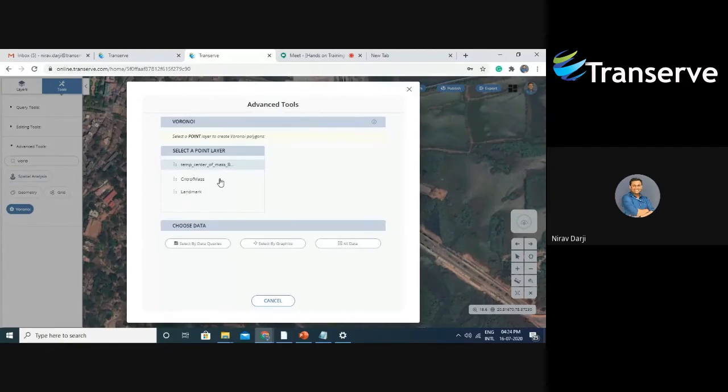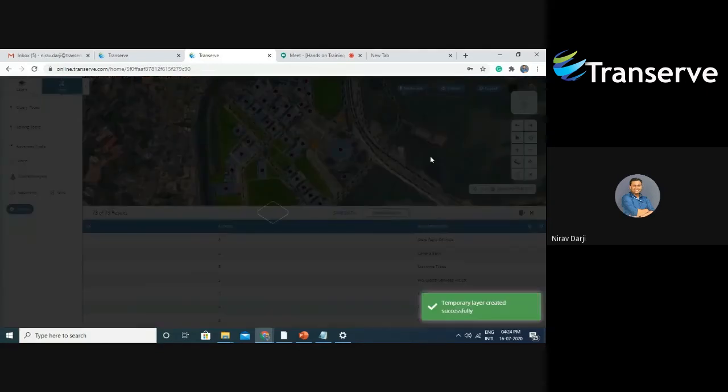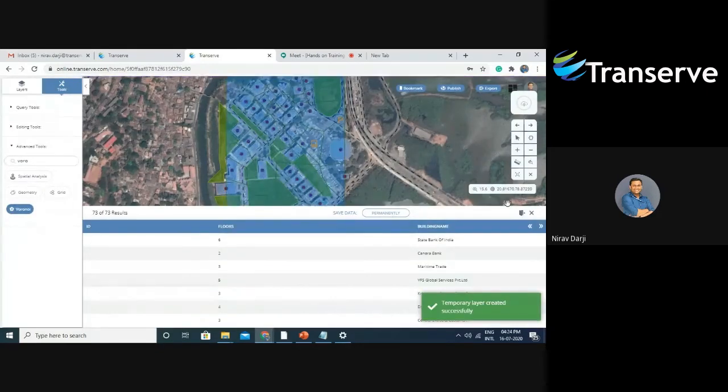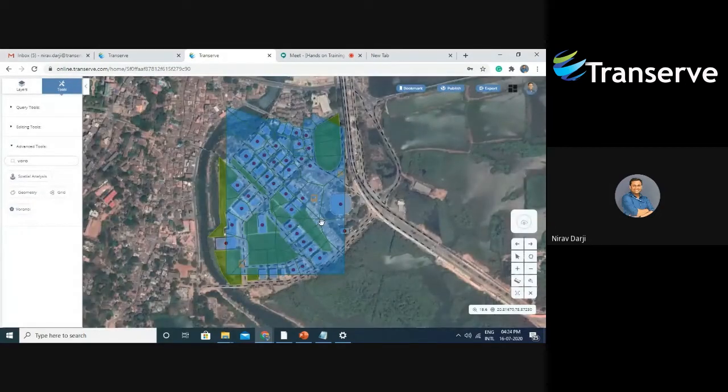Voronoi shows me the different types of point layers which I have in my database. I'm going to use the temporary layer right now. So as you can see, it has created a Voronoi polygon.